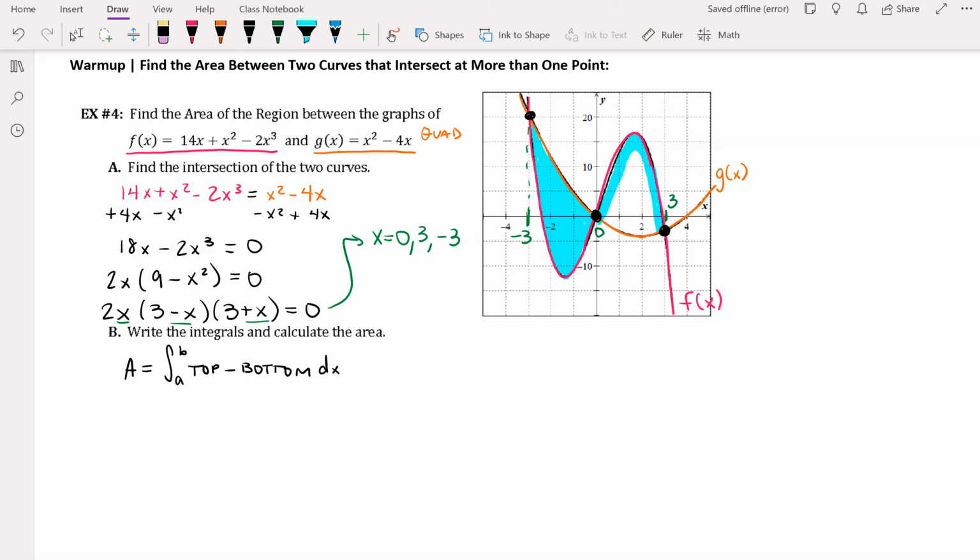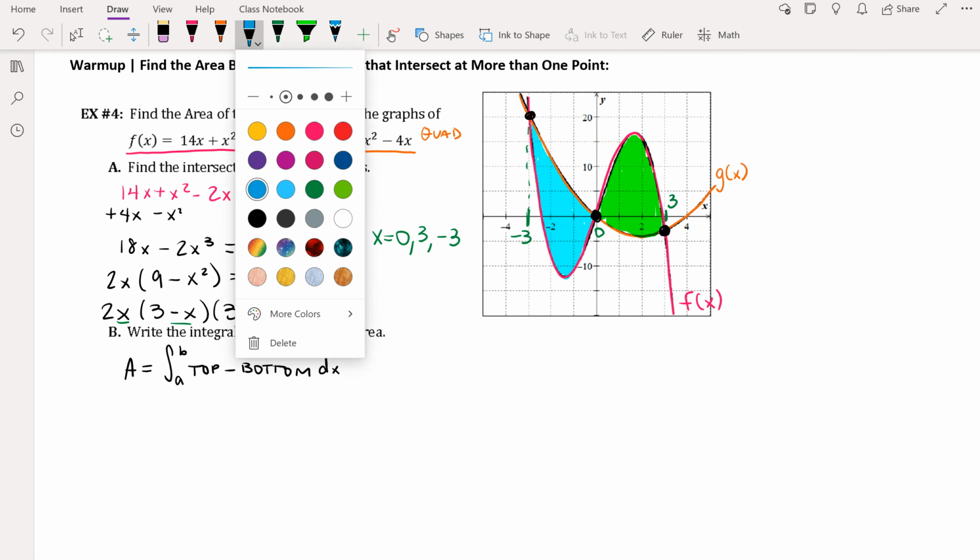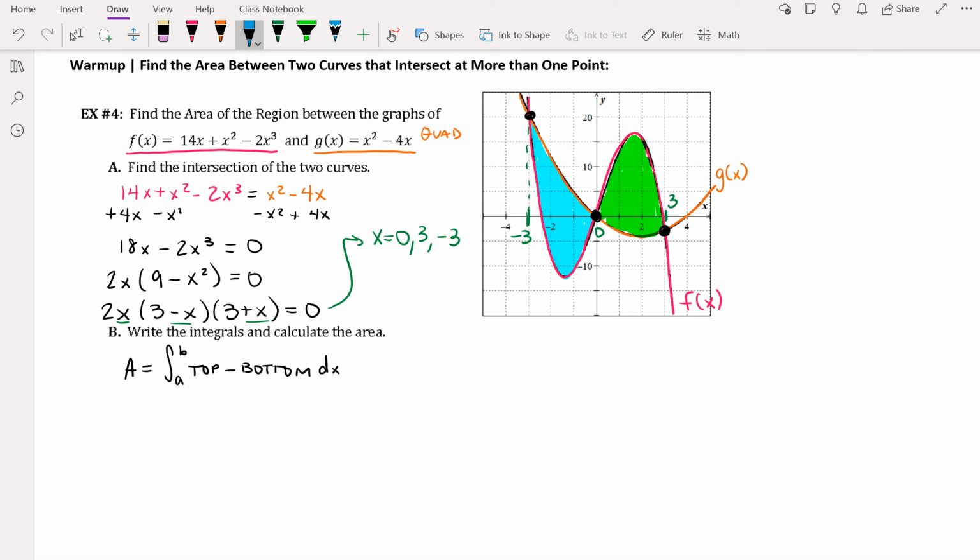So I'm actually going to split this into different colors. That way I can represent both integrals, but we're going to add up these areas using that top minus bottom concept, the integral of top minus bottom. Okay, so let's do our blue integral first, and I'll do that one in blue. So we're going to have the integral